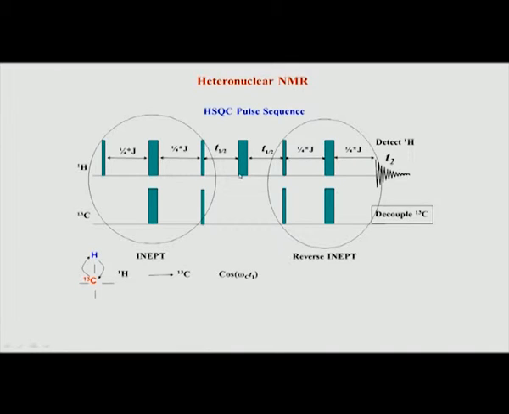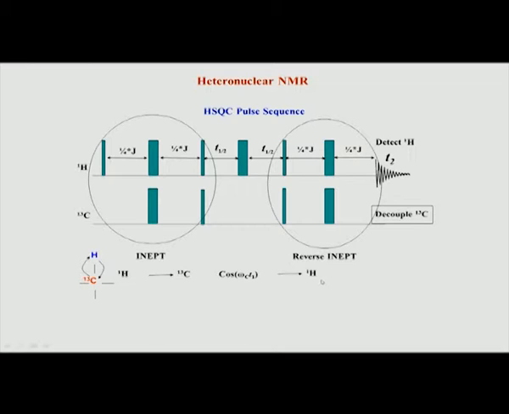So, to avoid that, that is to decouple protons from carbon when carbon is evolving, we apply a 180-degree pulse on the proton in the center of the evolution time. You see here this is symmetrical, there is half T1 this side, half T1 this side. So, right in the center is applied this pulse. During this period the carbon chemical shift evolves. This is again similar to many 2D experiments we have seen earlier, where in the indirect dimension, that is during the T1 dimension, we have a chemical shift.